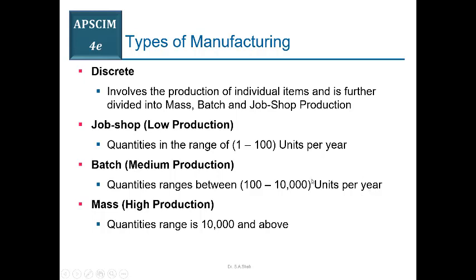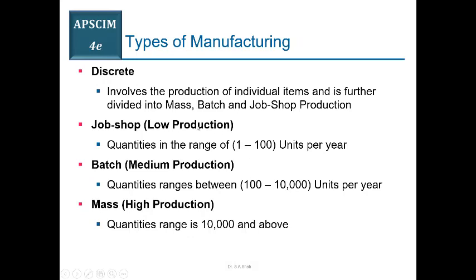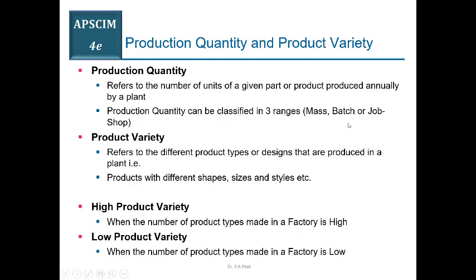लेकिन अब पर ईयर की बात हो रही है प्रोडक्शन की। और हाई प्रोडक्शन या मास प्रोडक्शन की जब हम बात करते हैं, सो नॉर्मली द क्वांटिटीज़ रेंज इज़ अबव 10,000 यूनिट्स पर ईयर। सो ये क्वांटिटीज़ जो है ये फिर डिपेंड करती है वैरायटी के ऊपर, ठीक है। सो यू विल बेसिकली हैव टू लुक इनटू दोज़ टू पैरामीटर्स simultaneously, यानी प्रोडक्शन क्वांटिटी और प्रोडक्ट वैरायटी को।